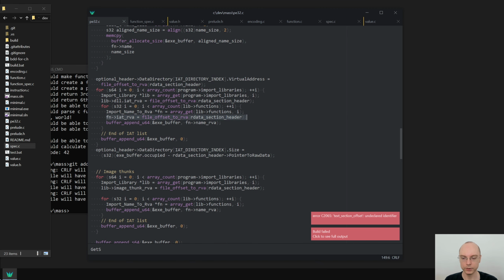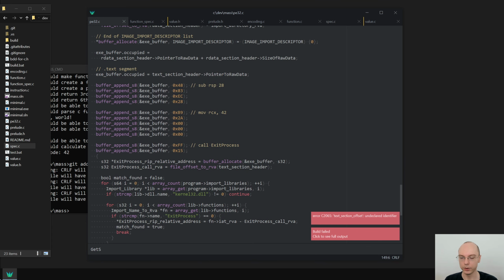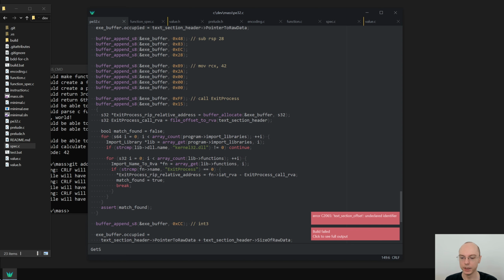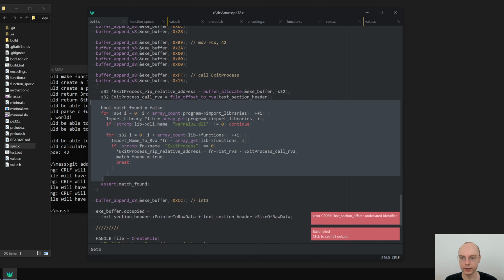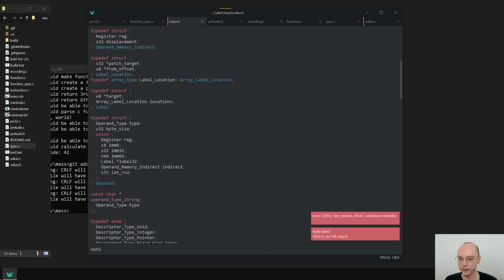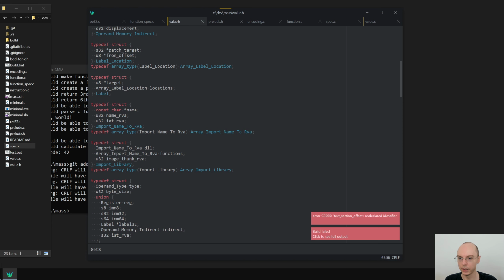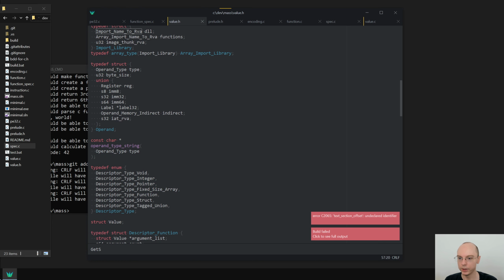So when we do this, we will update their RVAs, and since we now moved the encoding of the text segment to be the second part, it will be automatically updated. And then this loop is not going to be necessary. Or it will be necessary, but it's going to happen at a different point in time. This will happen when you just call the function. And even that is going to be easier to do. So I kind of like this approach. Did I put them in the right place? No, not yet. So now I say just import name to RVA